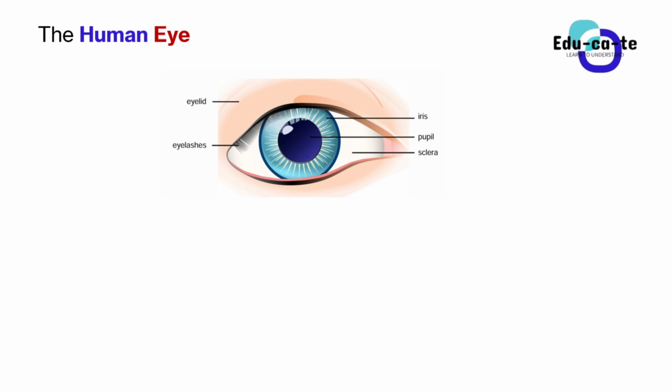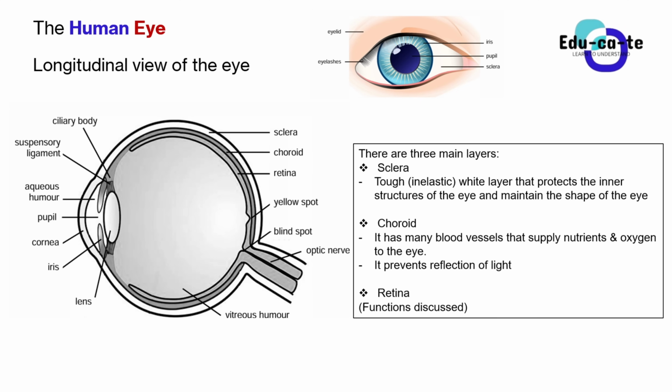So now we need to also look at the longitudinal view of the eye. We've already talked about the sclera being the white part of the eye. This is the sclera here according to this longitudinal view of the eye. We are talking about this entire layer. This entire layer that I'm highlighting here in yellow, this outside layer, is the outermost layer. It is the one that we are able to see as the white part of your eye.